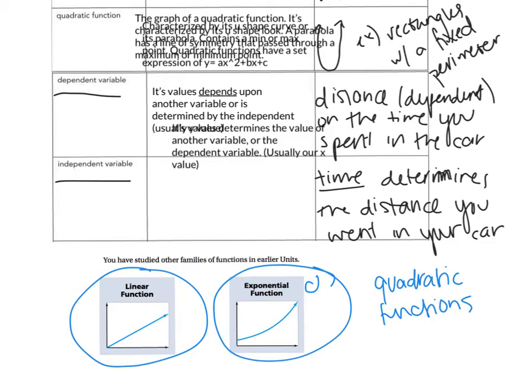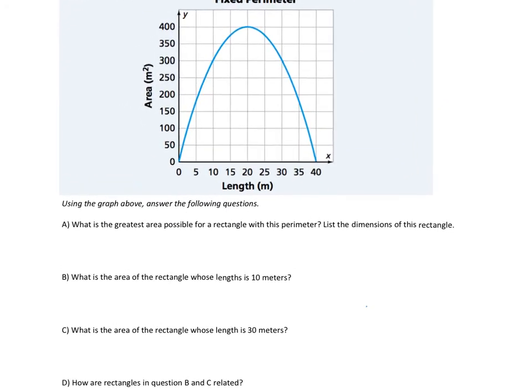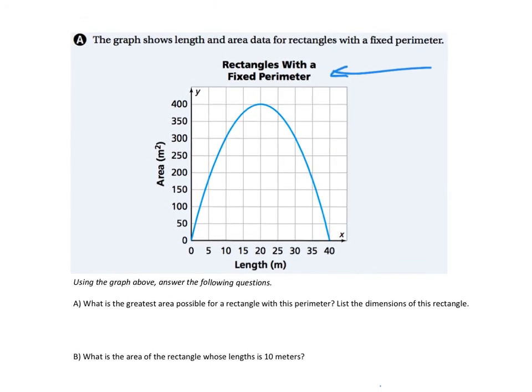page. And we're just going to investigate by using the table above. So again, we're working with rectangles with a fixed perimeter. We're going to be dealing with other scenarios, but for right now, it really is a nice setup that's easy to comprehend. So again, using the graph above,